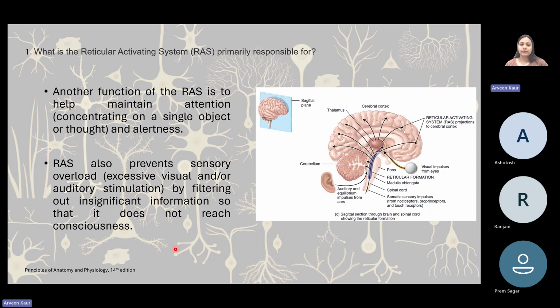So how do we arrive at the difference that it is getting, because that is not relevant to where your brain wants to be alert or attentive to. Your brain, and particularly this system, the reticular activating system, filters out that extra noise, right? So although the stimulus might be reaching your ear, once it passes the RAS, it determines, oh, this is not worth my attention, so it will filter out those signals, right? So that is how you can carry forward a conversation even in a crowded environment.